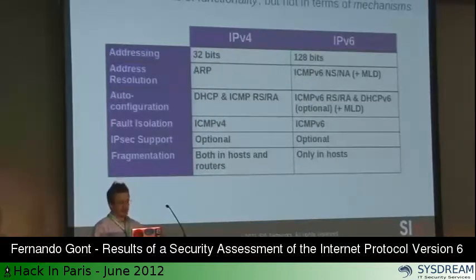And finally, when it comes to fragmentation, in IPv4 it is done both in hosts and routers, whereas in the case of IPv6 it's only done in hosts. The reason for changing that is to avoid having that performance penalty on the routers. Of course, this slide is just trying to address the most basic mechanisms of IPv6. We have other things such as Mobile IPv6 and Mobile IP in the case of IPv4, but in most cases you will have to deal with this basic functionality as opposed to the more advanced features.